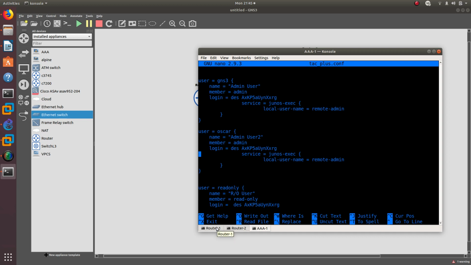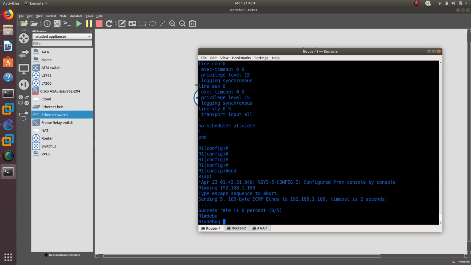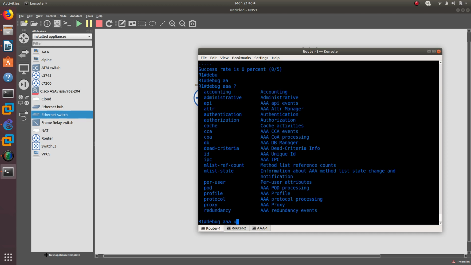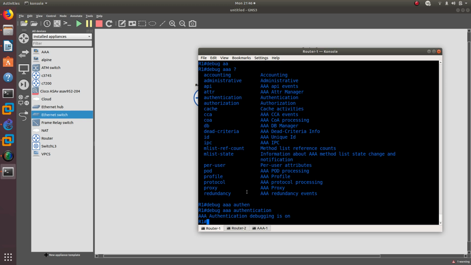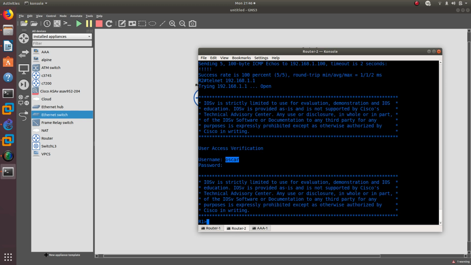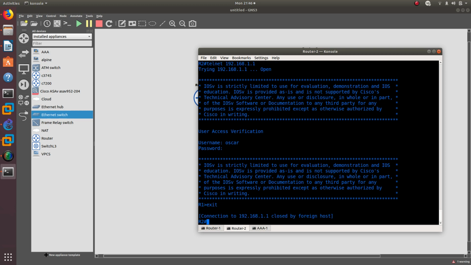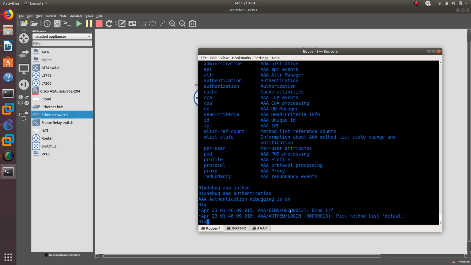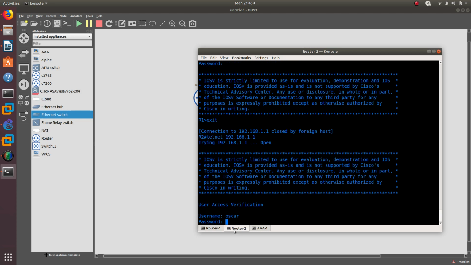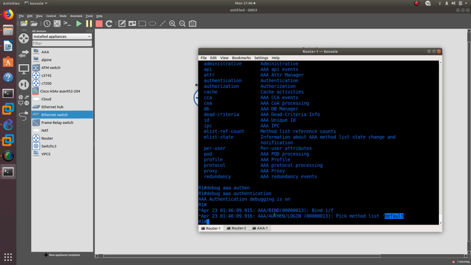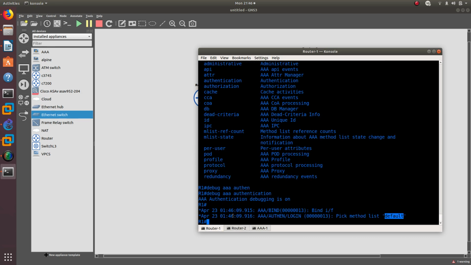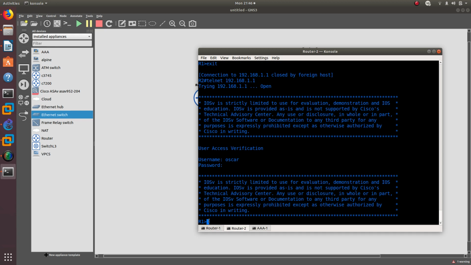Okay. And also, if you do a debug AAA authentication, it is on, so you can see whenever somebody remotes into your router. So let's go ahead and exit. And let's go ahead and try to telnet to it. And you can see right here that somebody's trying to authenticate using the defaults. So now let's go ahead and do Asker, right? And you can see still nothing. Okay, let's do GNS3. Here we go. So I was able to remote in